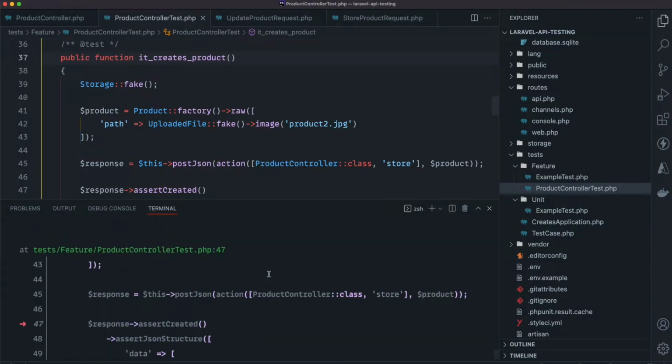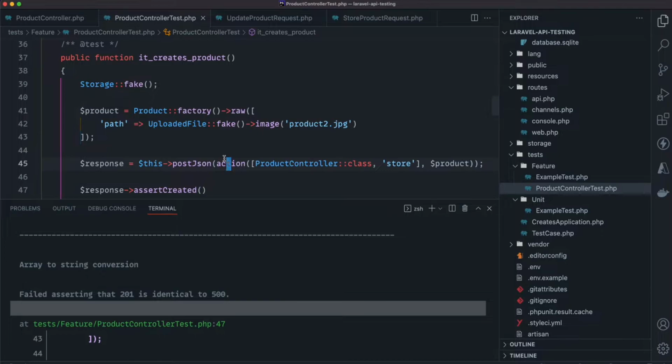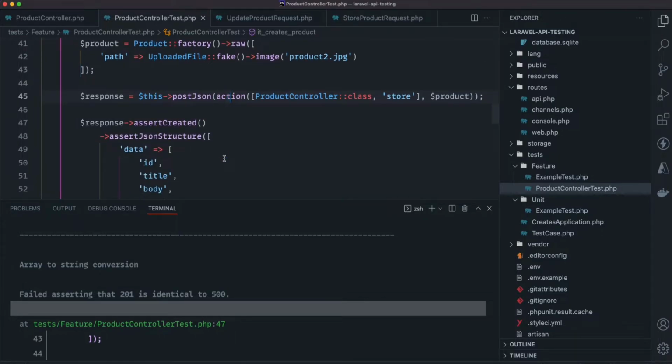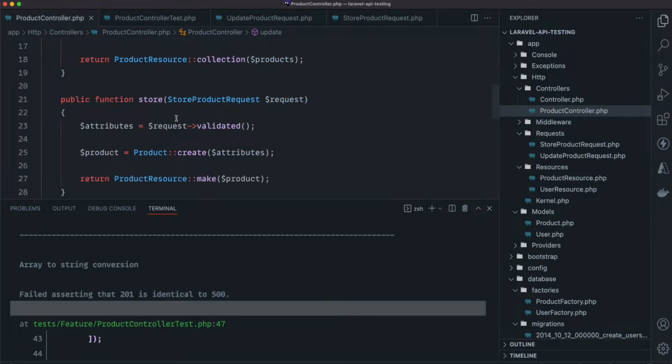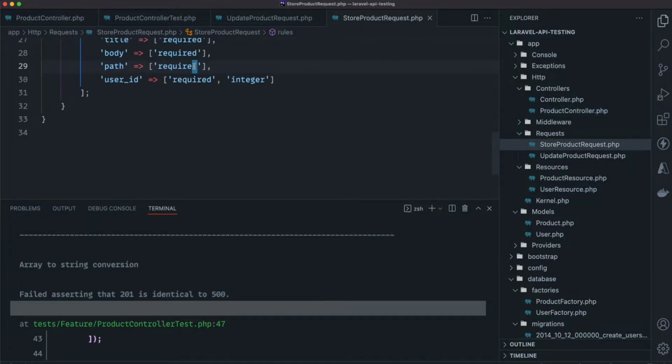So we are getting some error: failed asserting that 201 is identical to 500. The reason is we are passing the file, but if you go here, we are not uploading that file. Okay, so what we can do after this one, before that we have to go back to the store product request. In here we need to add